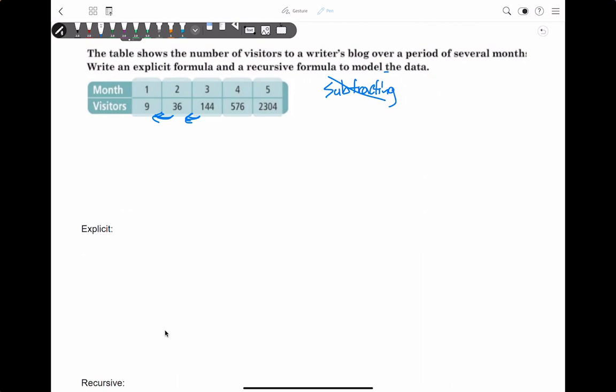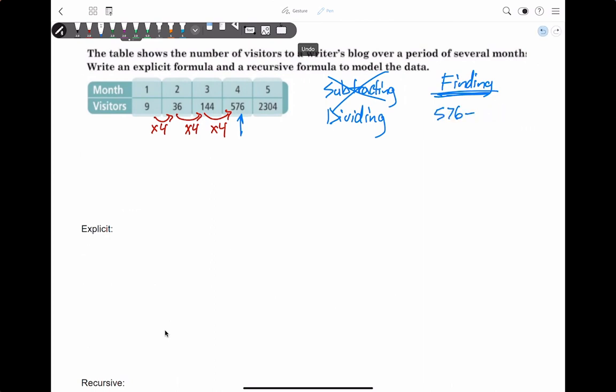But it could possibly be a dividing pattern, which would show I'm going to be multiplying each jump. So if I jumped here, I'd multiply by 4. Jumped here, I'd multiply by 4. Jumped here, I'd multiply by 4. But again, to find the pattern, it's always best to pick a number and then go to the previous number. So I would choose something like 576, and I would either subtract 144 or divide